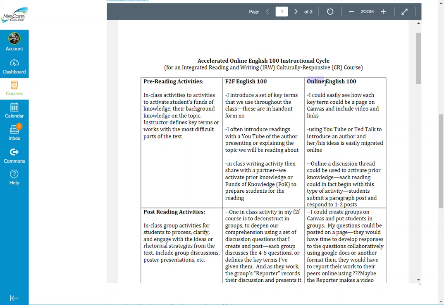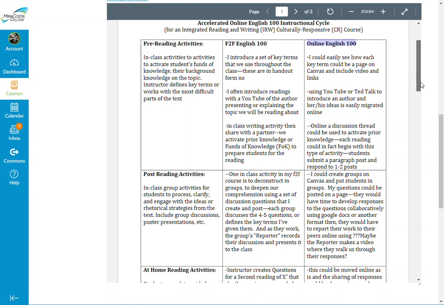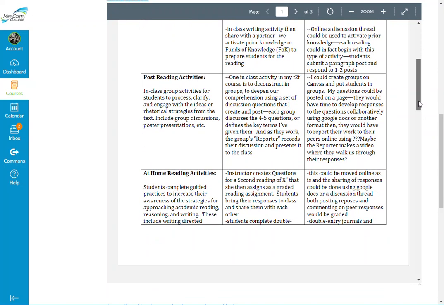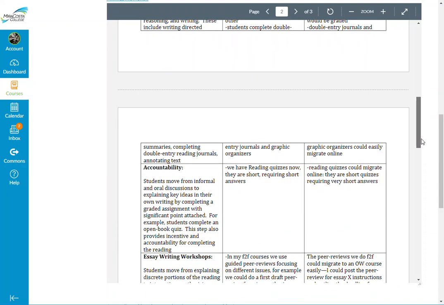And then what would I do in an online English 100 class, right? What would transition, or what could I do differently? So, there's pre-reading activities, there's post-reading activities, there's at-home reading activities, accountability, right, which in my case is reading quizzes